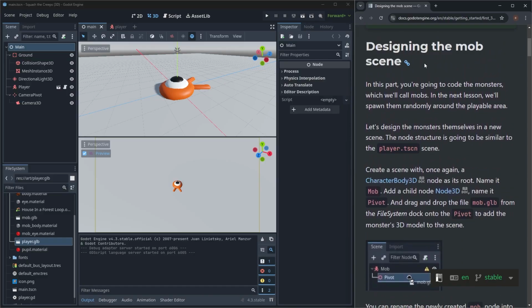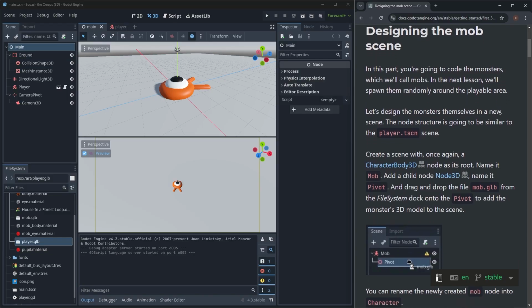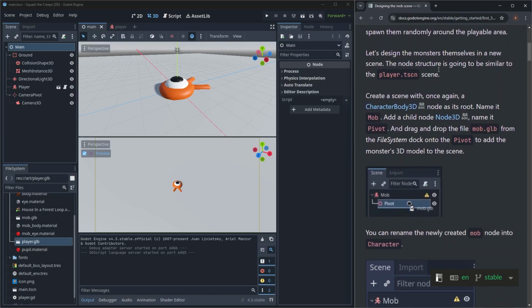So we're going to be designing the mob scene. In this part, we're going to code the monsters, which they're going to call the mobs, and we'll call them that too. Why not? In the next lesson, we're going to spawn them randomly around the playable area. We're going to design the monsters themselves in a new scene. The node structure is going to be similar to the player scene, and we're going to create a scene